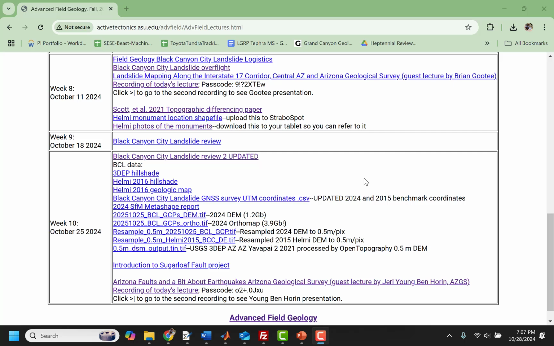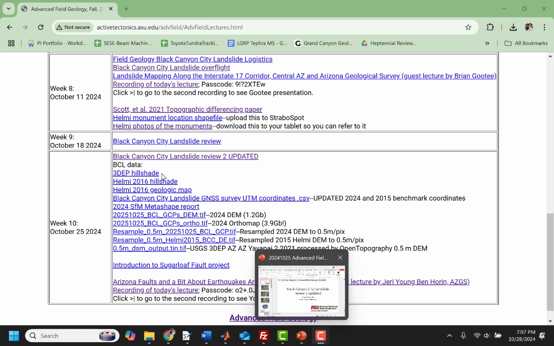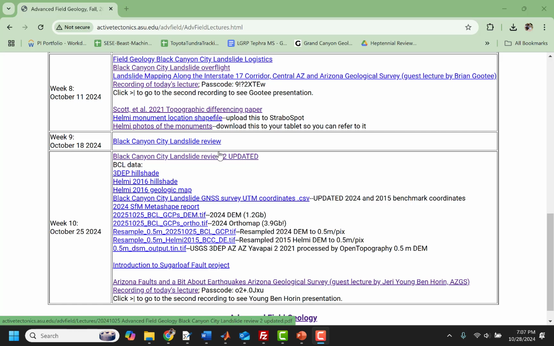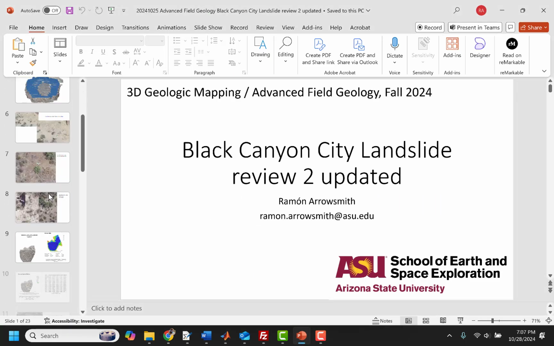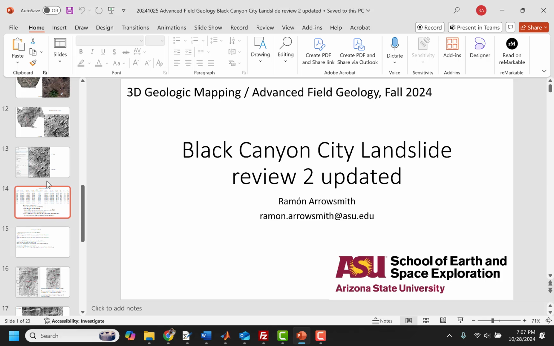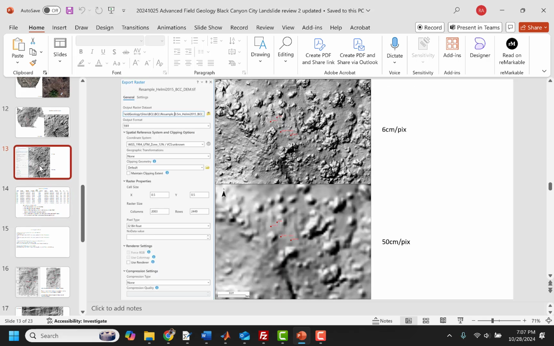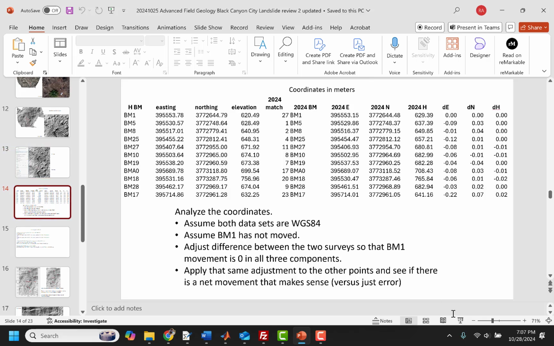Hi everyone, I just wanted to give a quick update on our Black Canyon City Landslide coordinates. So I've put an updated slide deck here on our website, and I also updated this coordinates file. If we just look at that, this is all unchanged, but when you come down into here, there's